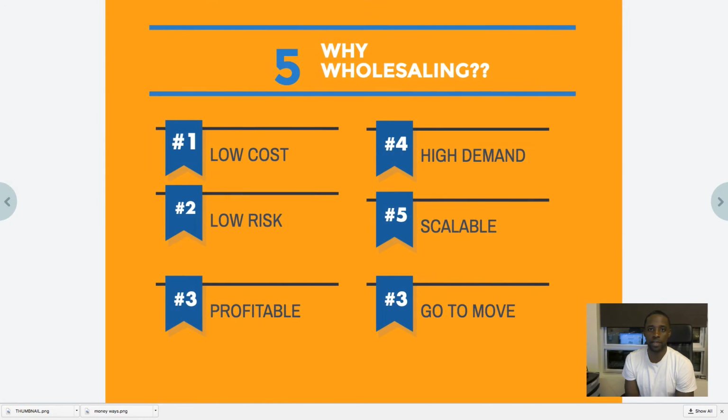And then over here it says number 5 is why wholesaling. Number 1 is low cost. This is the best entryway into real estate investing. The absolute best entryway. You can come in with nothing in your pocket, and in about 30 days, maybe even 60 or 90, depending on who you are, depending on your motivational level, depending on your skill level, depending on just how hungry you are, you can make money in 30 days, 60 days, 90 days. You get your first check. And then you can parlay that and then build your business from there.